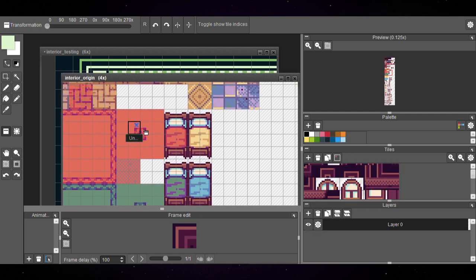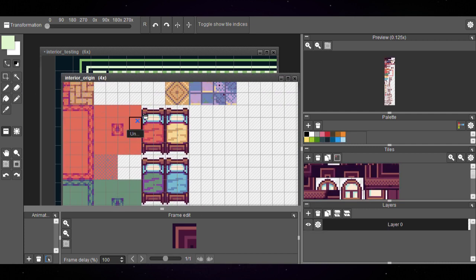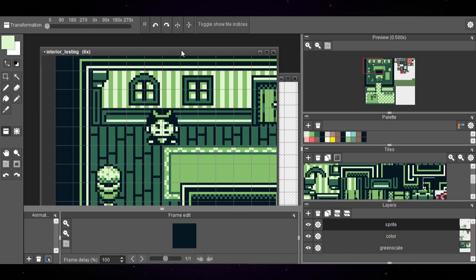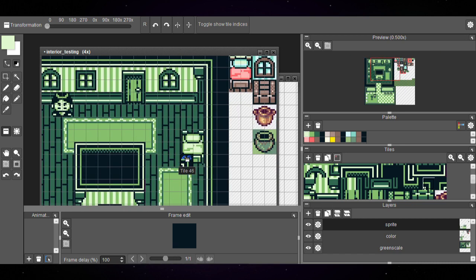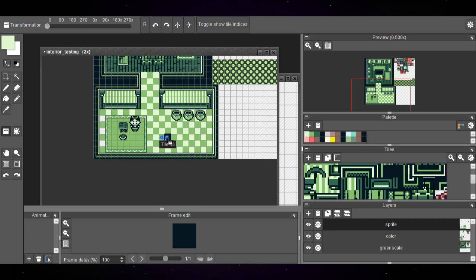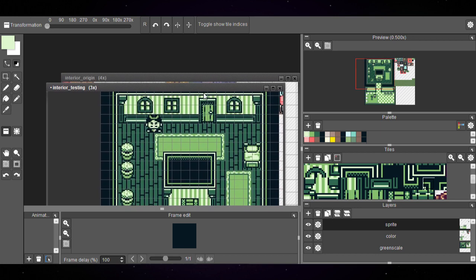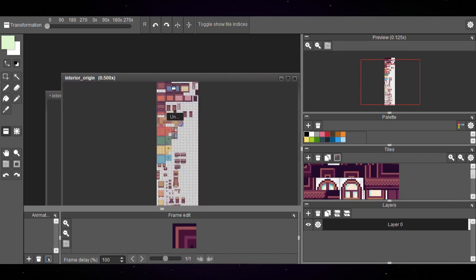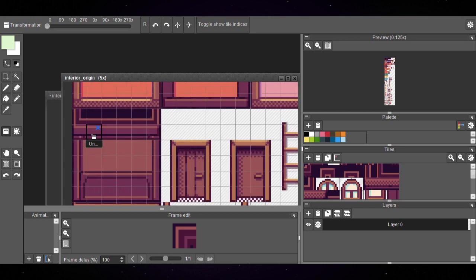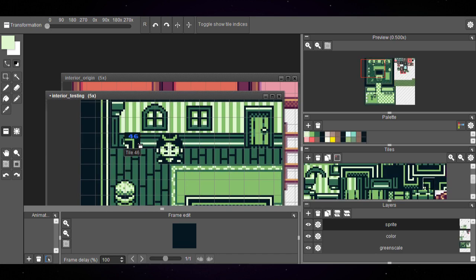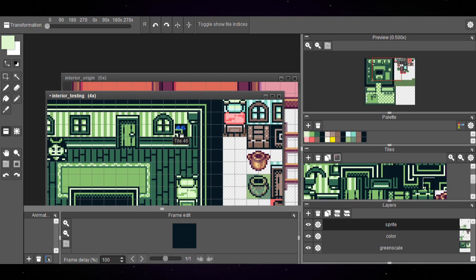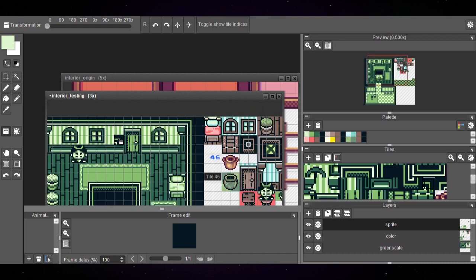So I made, for example, this bed a little shorter, or I made this wall lower and gave it this striped tapestry,